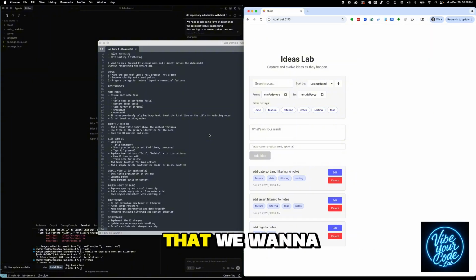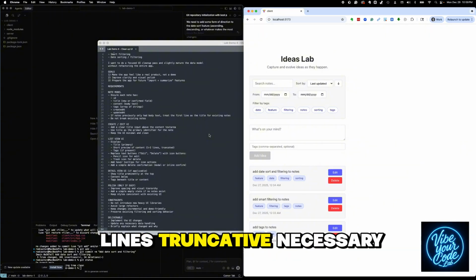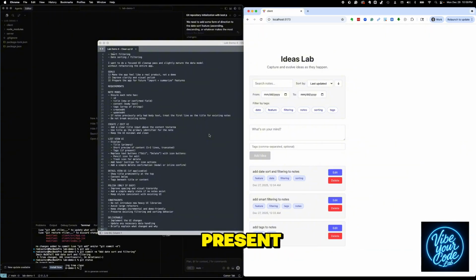In addition to that, we want to be able to add a clear title input above the content text area. Use the title as the primary identifier for the note. Still keep the UI minimal and clean. Then in the list view of the UI, this is basically where the notes are listed out, we want to display the title, followed by a short preview of content, 1 to 2 lines, truncate if necessary, tags if they're present. And we want to replace the text on the buttons, edit and delete,